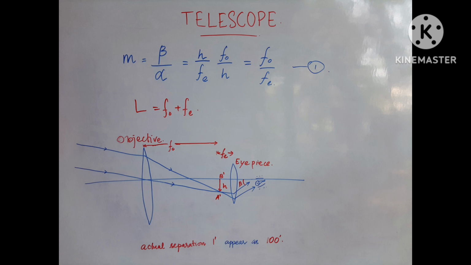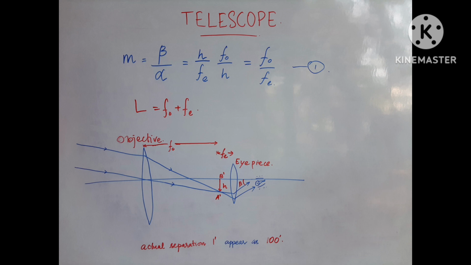In the case of tube length of the telescope, we can say that the length of the telescope can be substituted as f0 plus fe. And here we are considering telescopes classified as terrestrial and astronomical. Terrestrial telescopes are placed on the earth itself, and they may have a pair of inverting lenses